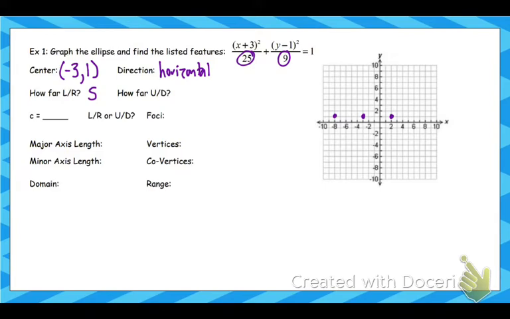Now let's figure out how far we're going to move up and down. Well, under the y, we have 9. Square root it, that gives me 3. That's how far I'm going to move up and down from the center